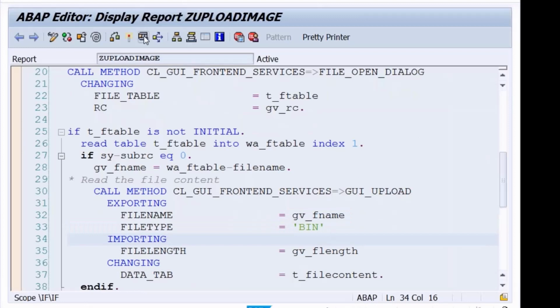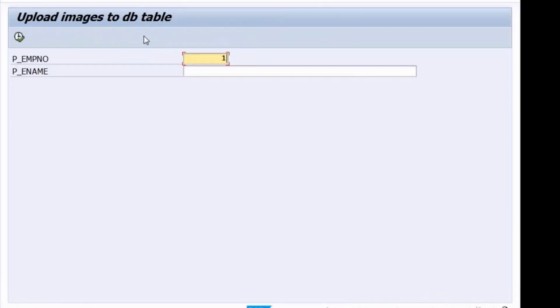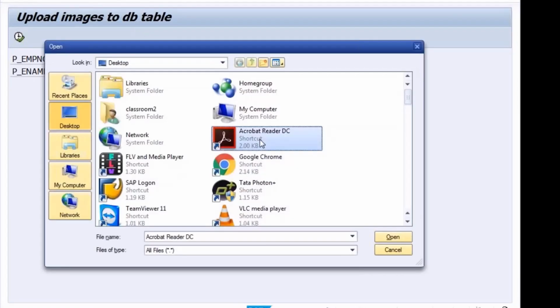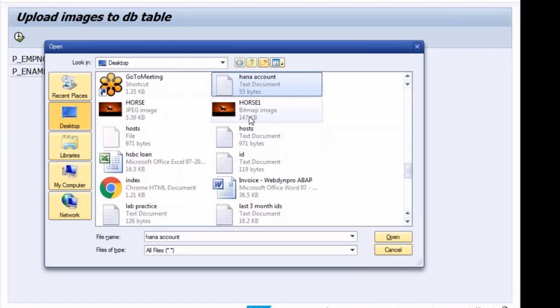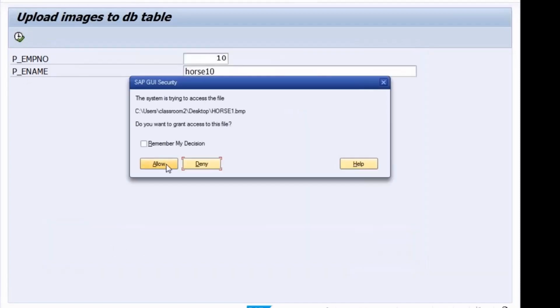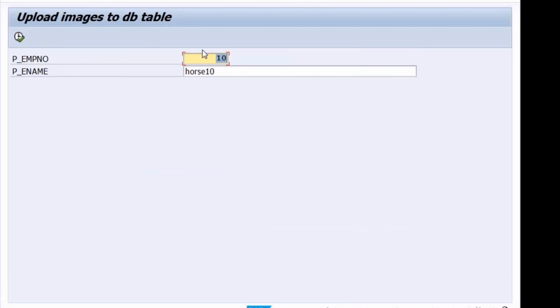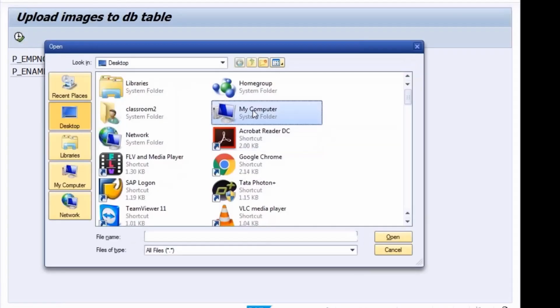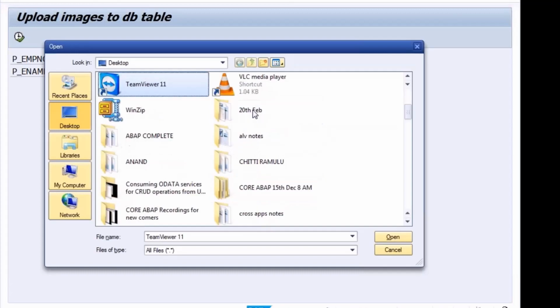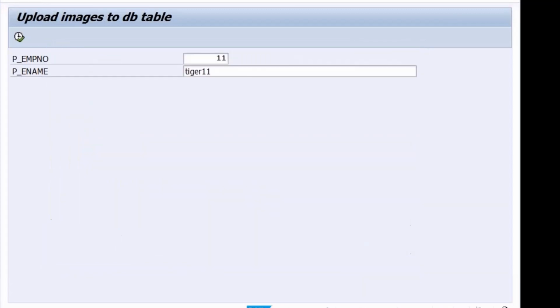I'll do one thing. Let me upload one more picture. I'll give employee number 10, the same image, but remember the employee number. Okay, I'll give 11, Tiger 11. Done. Then I'll say 12, Sunflower 12.